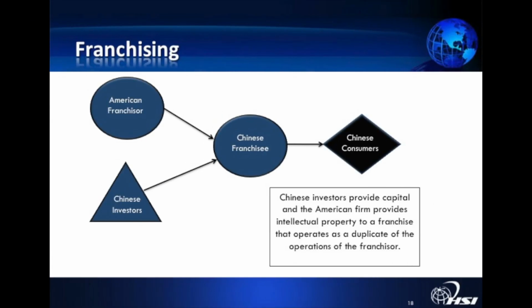You can also enter markets with franchising. We've all heard the term, but let's walk through it. Basically, franchising is similar to licensing, but it really involves a bundle or a package of intellectual property items. For example, a franchisor will allow an entire business model to be used by another firm, a franchisee, in exchange for royalties. Now, the intellectual property here includes a large number of related trademarks, copyrights, patents, know-how, training,